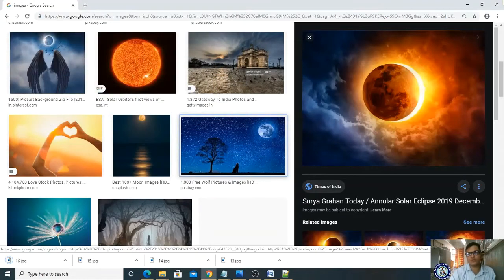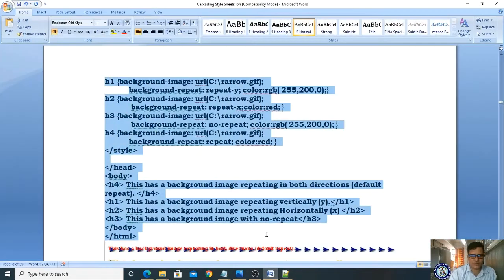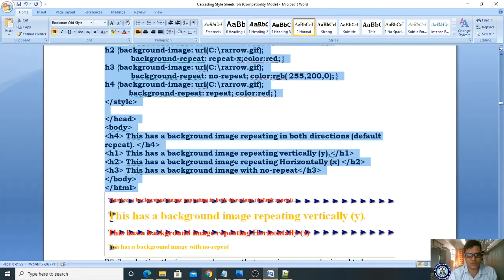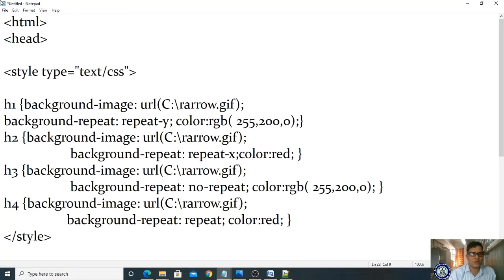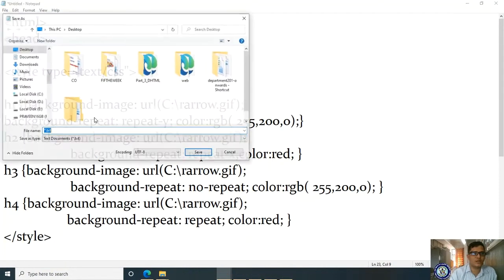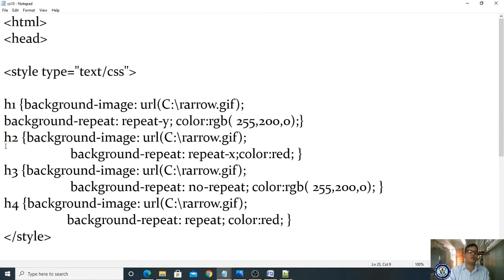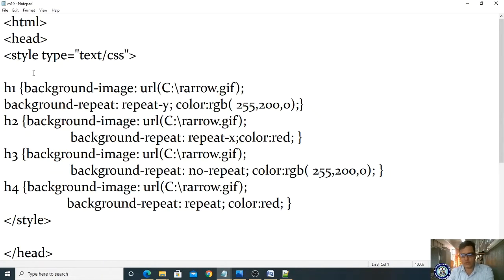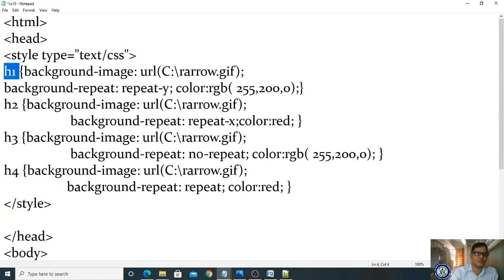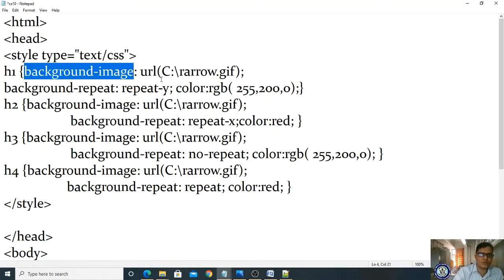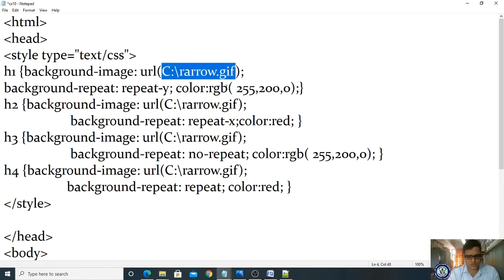Okay, now 4 images exist, and for a better understanding, let me copy this file that I already copied. Let me save this file on the desktop with the name cs10.html, right? So we are taking an internal, or embedded, concept. Sorry, global or internal or embedded. Here, wherever the h1 tag appears, we are taking the background image. The background image we are supposed to give,